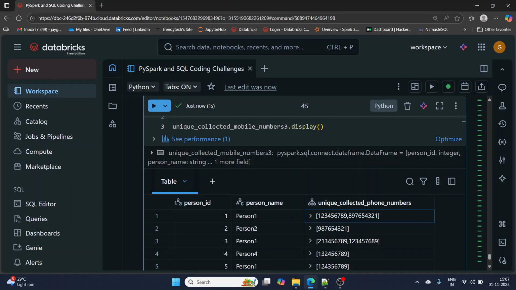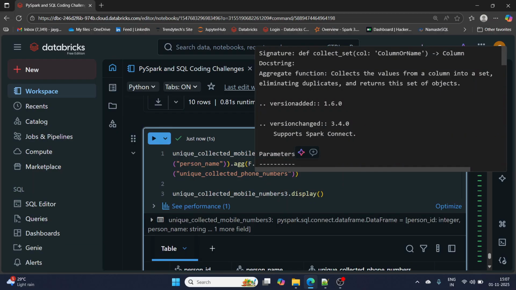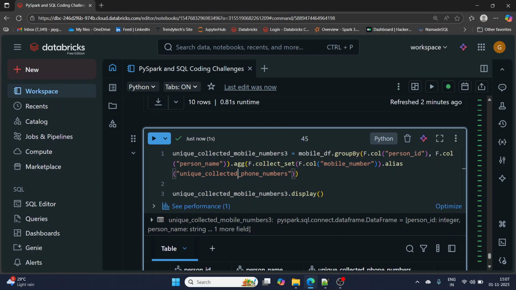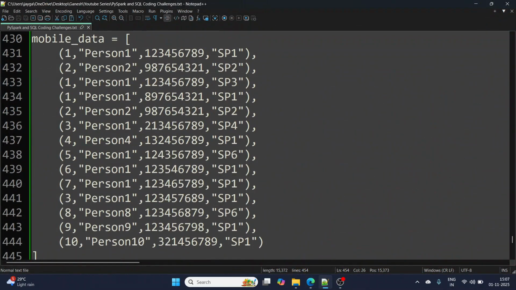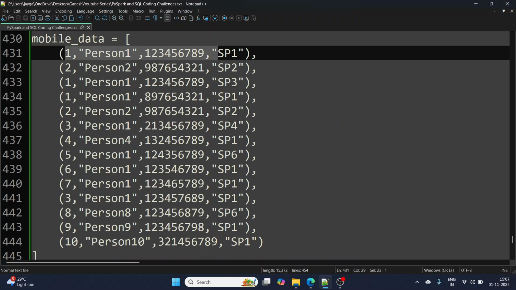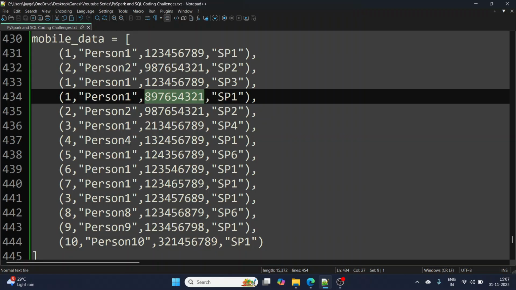See, it has removed the duplicates. Now, why is that so? We have not done any drop duplicates before, not done any distinct before. Why is that so? Here, if we do collect list, whatever data it has, for example, it has 3 rows for person one, it has taken all these rows as they are. Though there are duplicates or anything, it is not going to worry. It is just collecting the list for all the items.